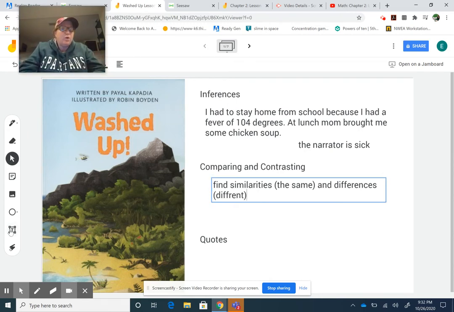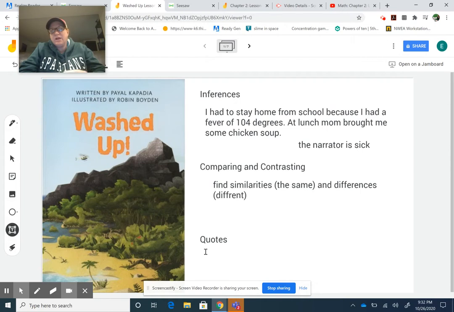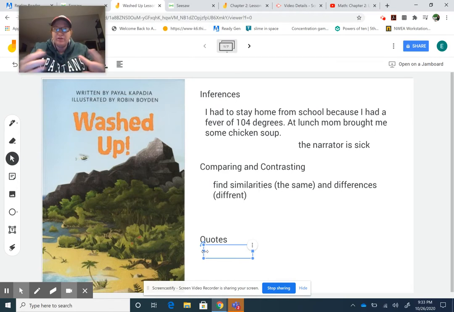And then with quotes, they are kind of like stealing. No, they're more like borrowing. When you borrow a sentence from the text to answer a question. So, like, one of the questions might be, what did it look like where Brian was in the Canadian wilderness? And if you wanted to use a quote for that or something straight from the text, you would use a quotation mark at the beginning and at the end, and then you could type that exact same sentence.